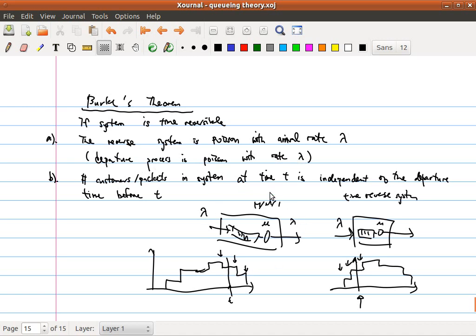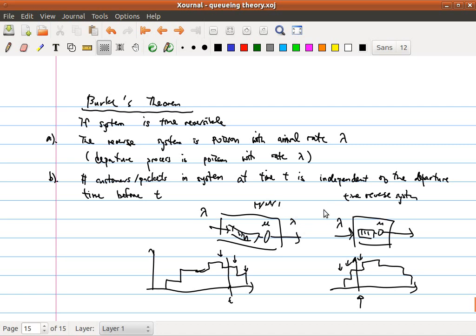So let's think of any time reversible system, let's say an M/M/1 queue. Let's say we have the arrival rate lambda and the service rate mu. If you look at the statistics of the departure, it will look like just a Poisson process with departure rate